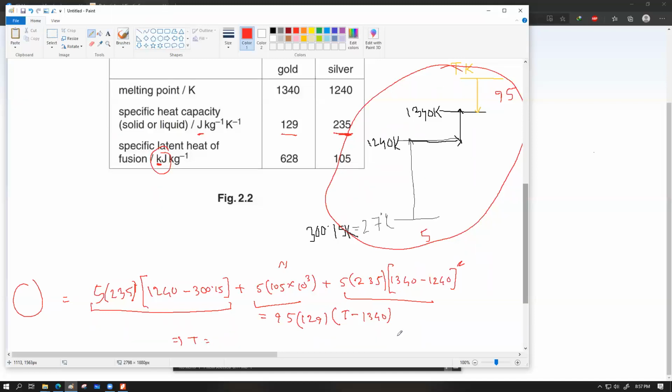Divide up your working into observable or markable segments, so that even if your entire calculation could be wrong because of one of the variables, you're still going to score partial marks for the individual calculations. So that is a safer way to go for the problem if you are not so confident in yourself. But if you know for a fact that you are absolutely confident in the math that you're putting in, you can go for a single step equation the way I did. So it's a question about how much practice you've made, how confidently you can do this, and also how much time you have to cover these questions.